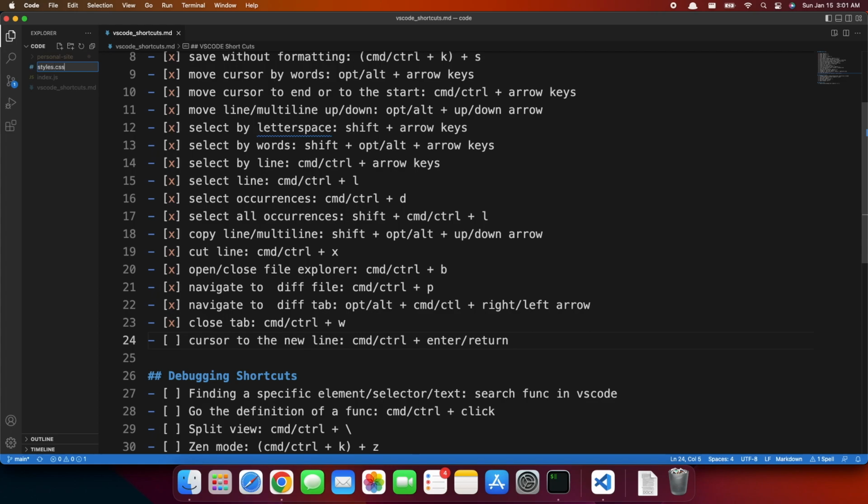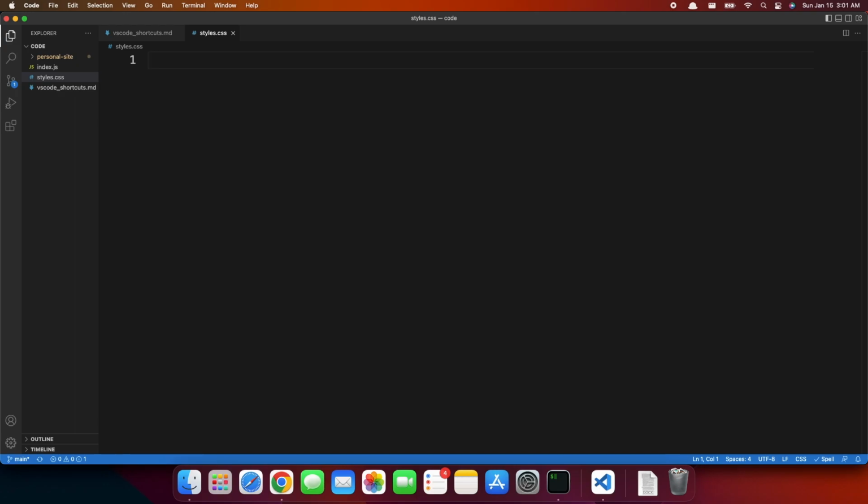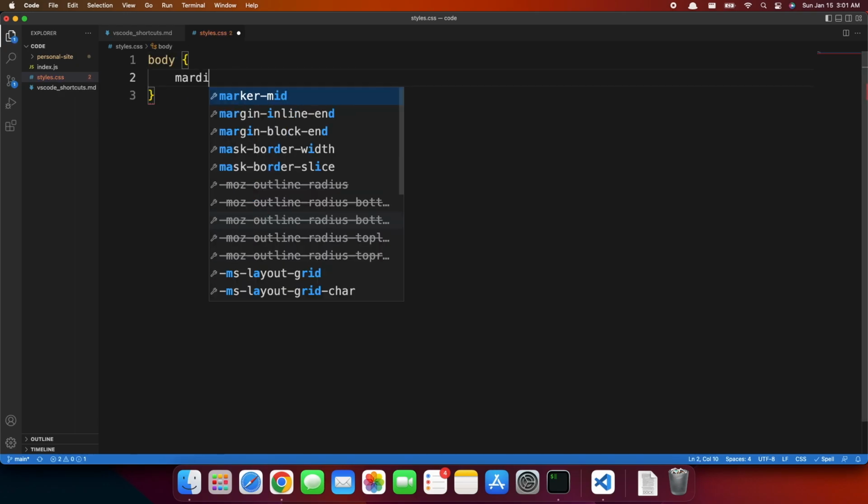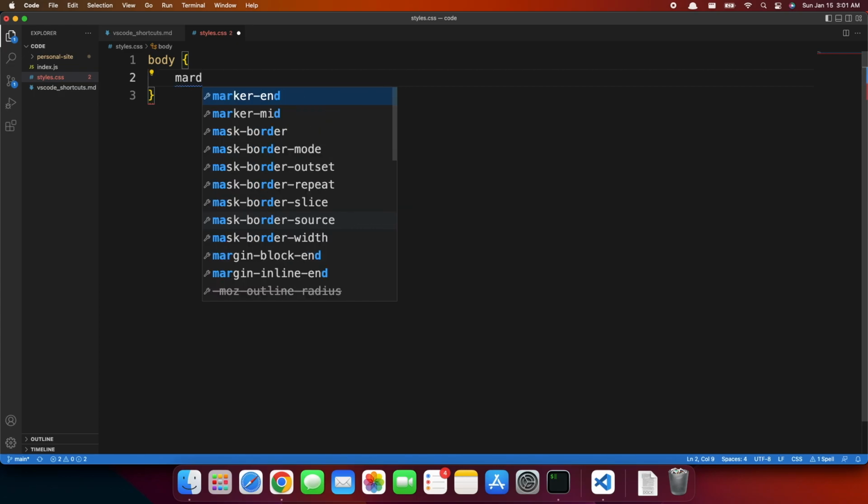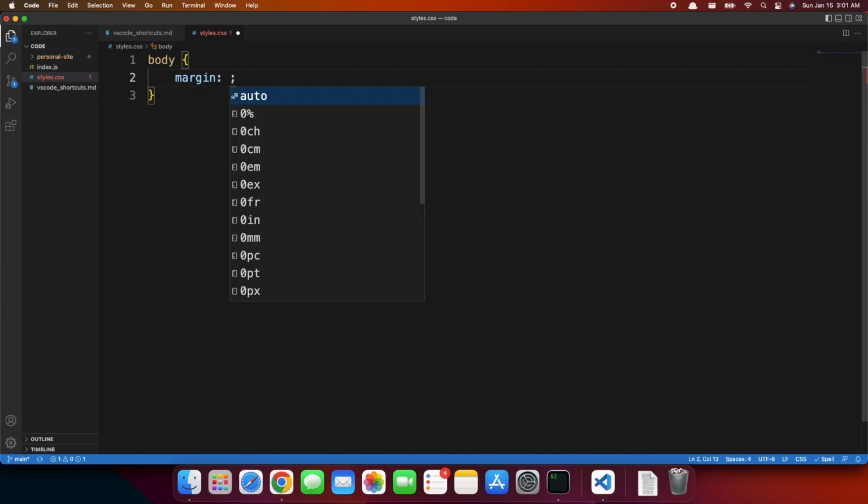Styles.css. Here, let me go ahead and create a selector. So it's a body. I want to do like a margin. And I'm using the auto completion here, right? I'm gonna do margin 0. Okay, and right now you can see my cursor is at a point where if I now press enter, it's